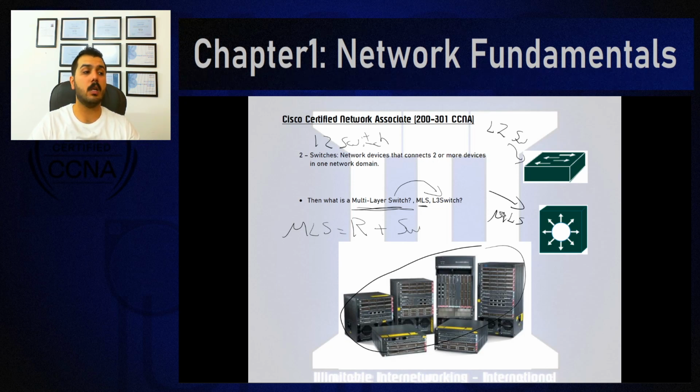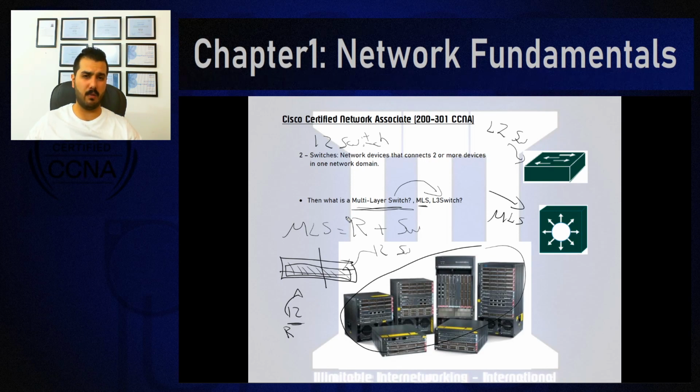With multi-layer switches, yes, you can have a device looking like a switch, but it can behave however you like. You can have a multi-layer switch with about 24 ports, and we can distribute them in whatever order we like. We can split it in half. We can make the first 12 ports behave as router ports, and the other 12 ports behave like switching ports. Any combination or order in making use of these ports is available to you.